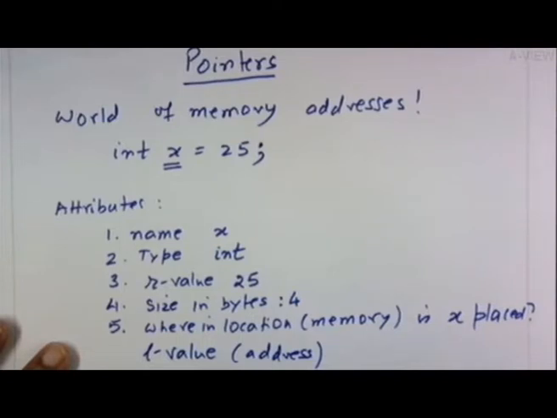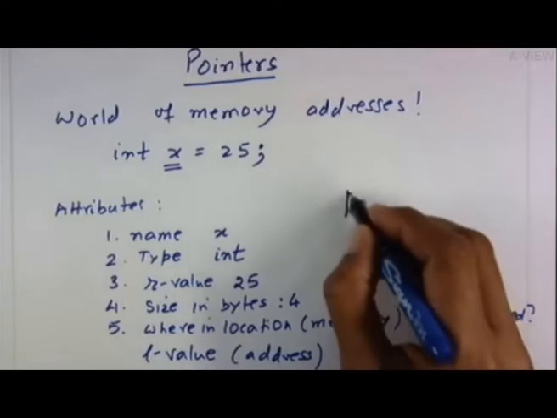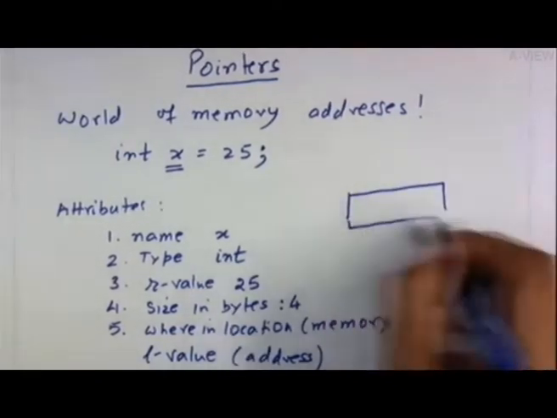This is normally not seen. I don't know what the address is, because I've said int X equals 25. The other 4 attributes are known. Okay, so what happens is, if you want to look at it in greater detail, here is the name